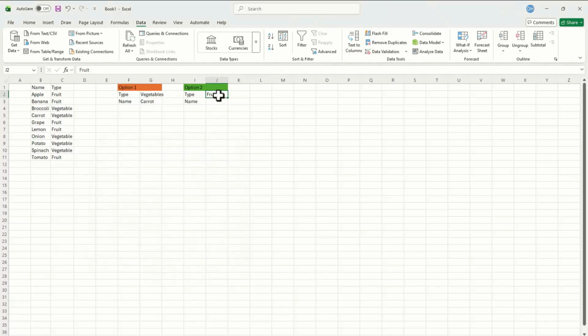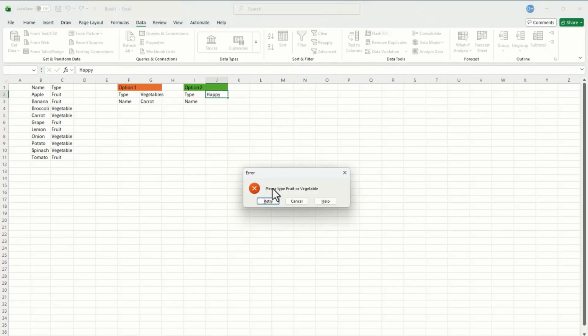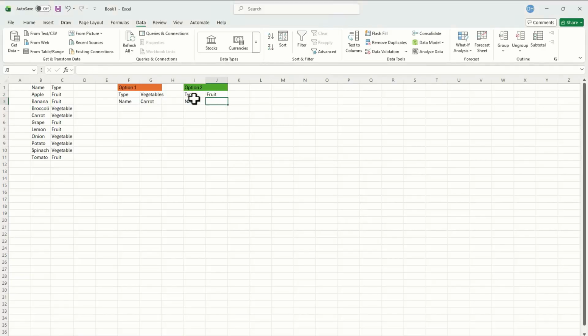Click OK. And of course, that's fruit there. So if I type in something else like happy or something like that, we'll get our error message and it'll ask us to type in fruit or vegetable, right? So that works for that one. How about for the name? In here, there was really no error checking. There's other ways to do error checking here, and that's going to be a dynamic drop-down list, but that'll be another video. But if we wanted to do some error checking here, what we can do is a different COUNTIF function,